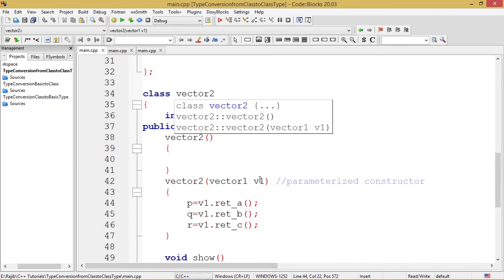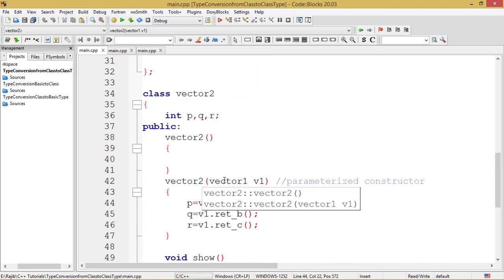So this v1 is nothing but an object of the class vector1 type, and the member functions returning integer values a, b and c, namely ret_a, ret_b and ret_c, we have invoked by associating this object v1 with ret_a, ret_b and ret_c, which return the values of a, b and c to be assigned to p, q and r respectively in this constructor.